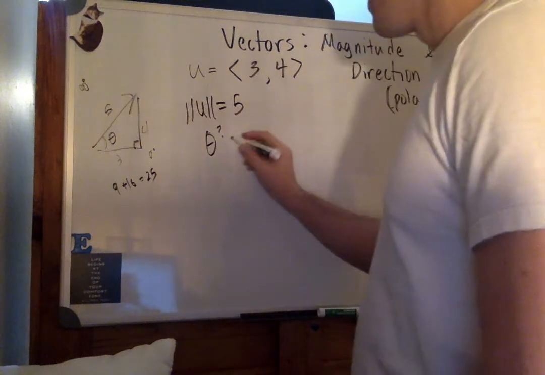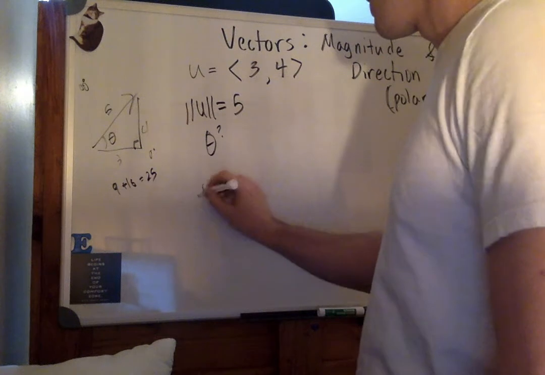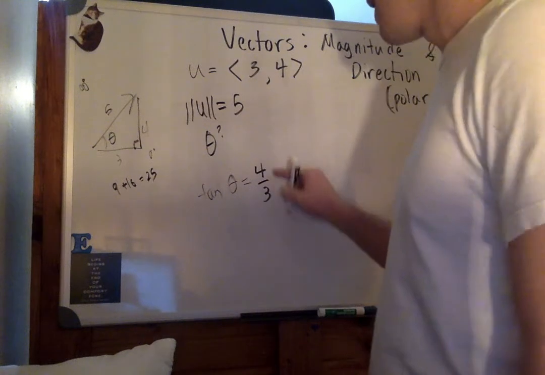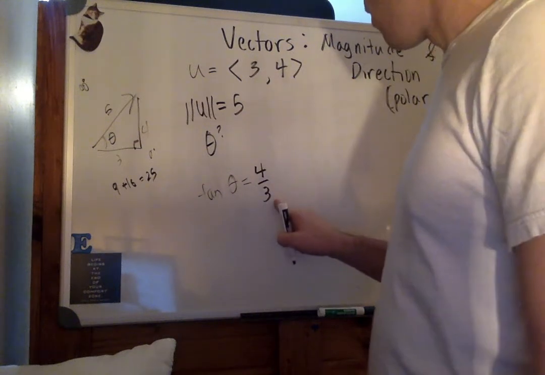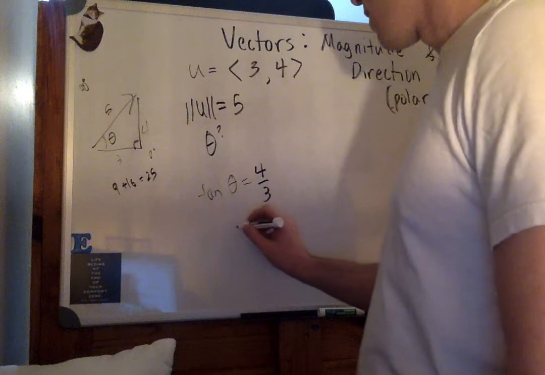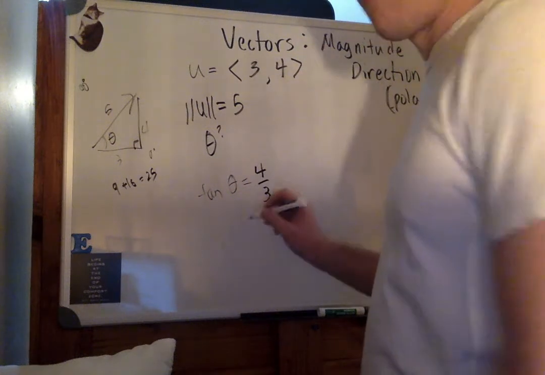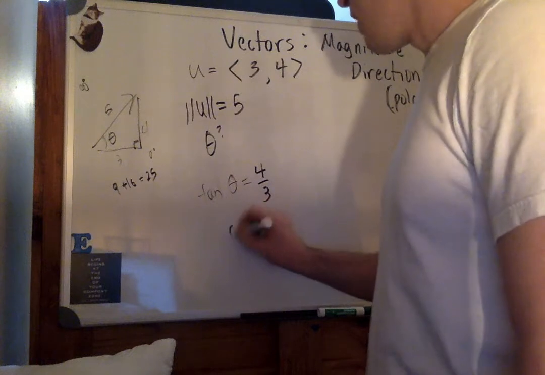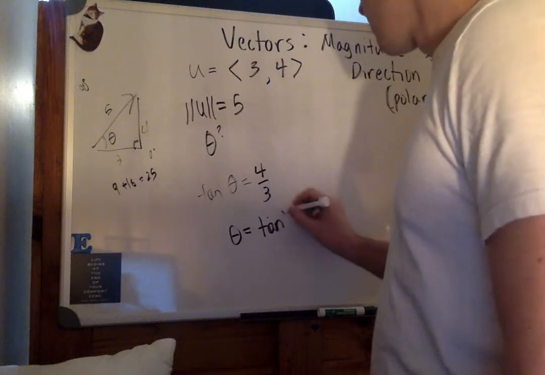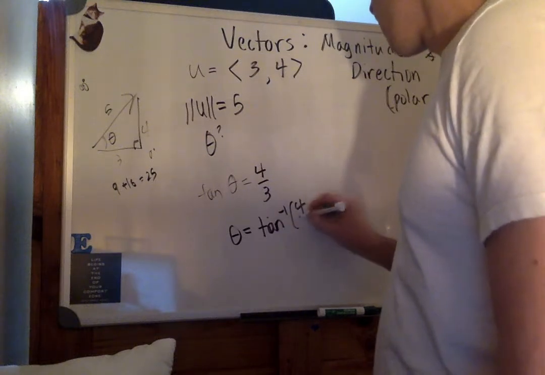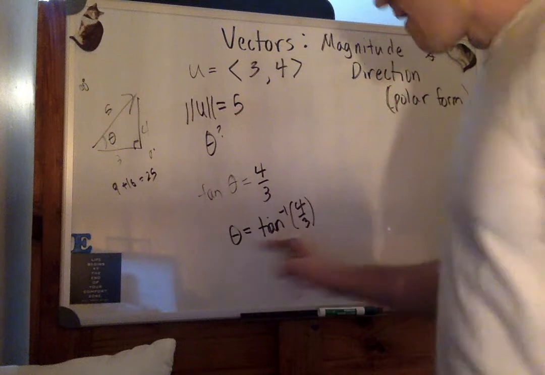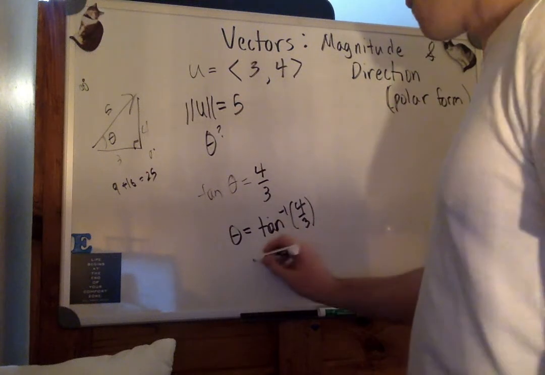So when I do this, I find that the tangent of theta is equal to 4 over 3, that's opposite over adjacent. Then all I need to do is find out which angle theta has a tangent of 4 over 3, which I believe is 1.33 repeating. The easiest way to do that is to use your inverse functions, find out what arctangent of 4/3 is. And when I plug that into the calculator, which I did before I started this video, I find out that the angle which has a tangent of 4/3 is